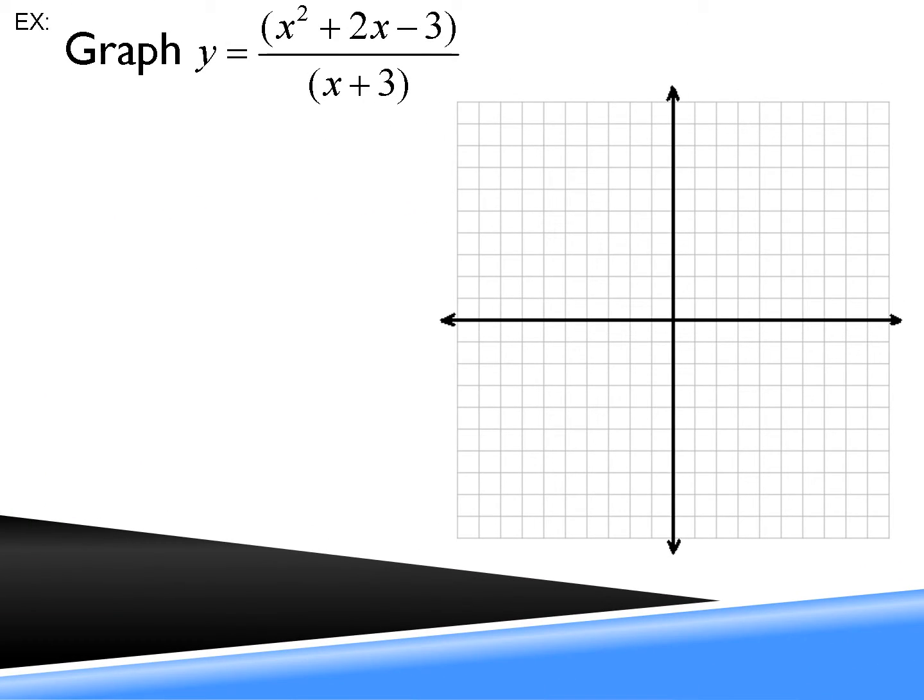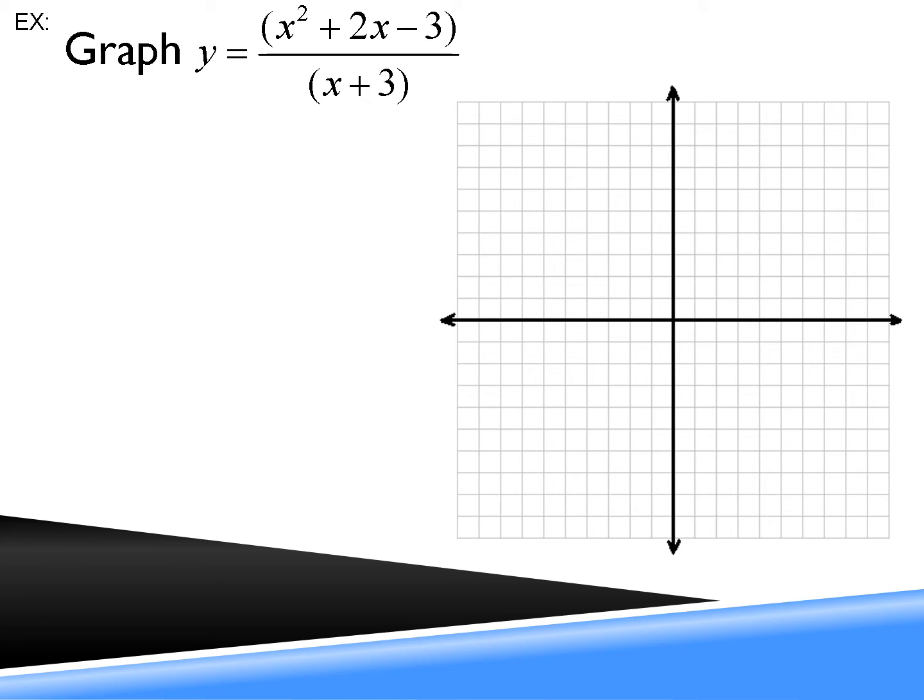Okay, let's look at another one. They want us to graph y equals x squared plus 2x minus 3 divided by x plus 3. So let's go back to our steps. The first thing we're going to do is look for the horizontal asymptote. So BOBO, bottom eats DC. BOBO, is the